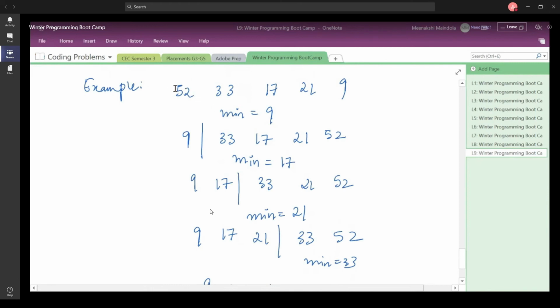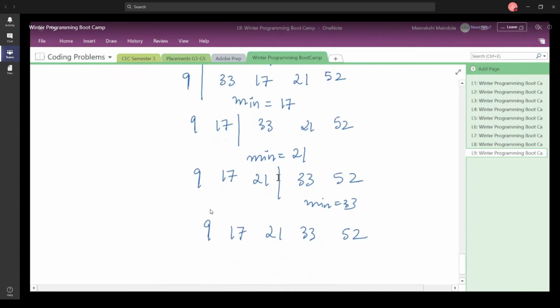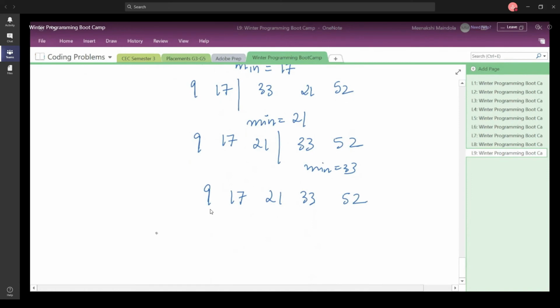You consider the first element as the minimum index. And then you go on, find out the minimum element, compare every element with the first element of the subarray that you are considering, and swap if it is not in the correct order, right? So what is going to be the time complexity for selection sort?